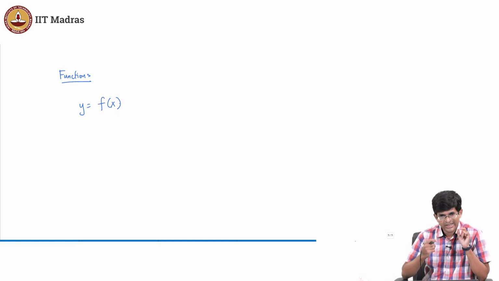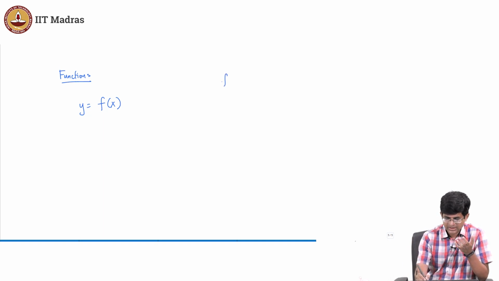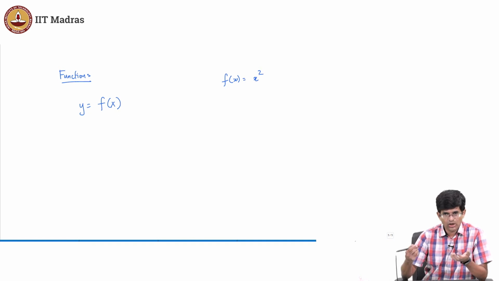Now, the important thing over here is that there is also a notion of something called a pure function and something called a side effect, okay? A pure function is one where every time I call the function with the same data, I will always get the same response, okay? If I define my function as f of x equals x squared, it doesn't matter how many times I call it, if x is equal to 3, I will always get the result 9,